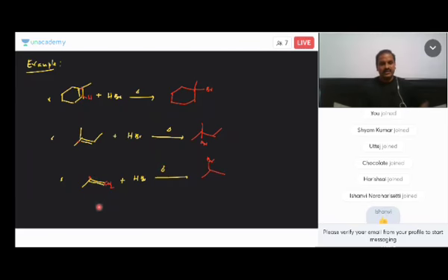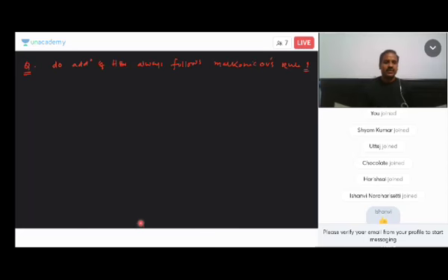Right. So how can we add that Br to this carbon? How is this Br added to this carbon? And how does this Br add to that first carbon? Do you have any options to make that addition? That we are going to discuss now. So look at this question: does addition of HBr always follow the Markovnikov rule? I'm expecting your answer in the form of a message. Please do respond.